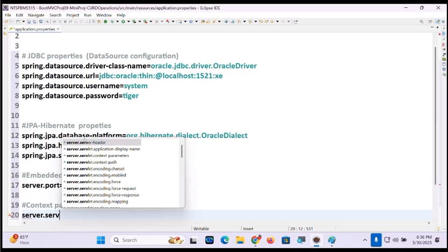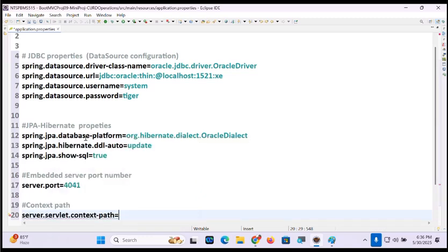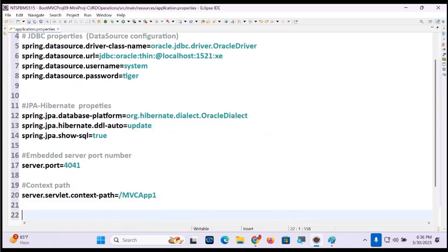Server dot servlet dot context path, MVC application 1. Server dot servlet dot context path.